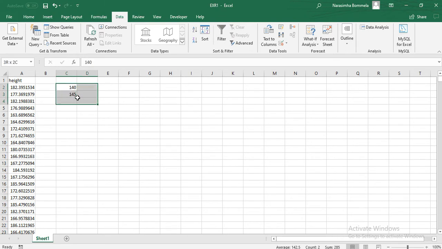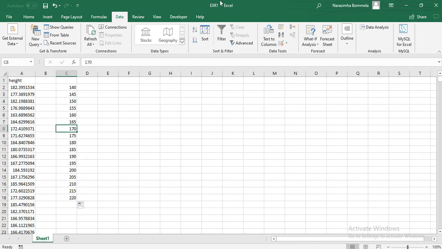You can type it, otherwise just select these two cells. At the bottom there is a small rectangle shape. If you take the cursor onto it, it shows a plus symbol. Click your left mouse button and drag it down. When you are dragging, it shows the numbers beside it. Now it is showing 220. When you release it, all those cells will be filled with the information. If you don't get this, just type it: 140, 145, 150, 155, in that way.